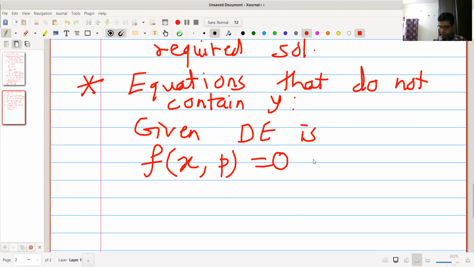We call this as 1. Again, we have two possibilities. First thing is it may be solvable for p. If 1 is solvable for p,